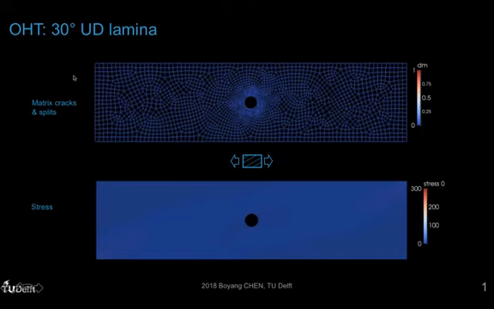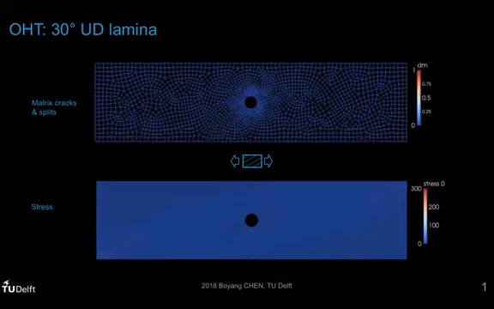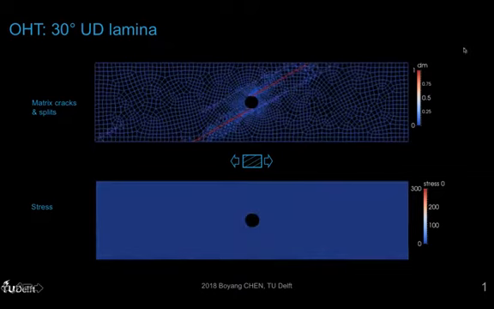So this is a completely random mesh. You can see that there is no preferred direction in the mesh, and if you were to use a smeared crack model, you could easily have a mesh bias. This is with a floating node method. You can see the cracks propagate along the 30-degree direction as planned.